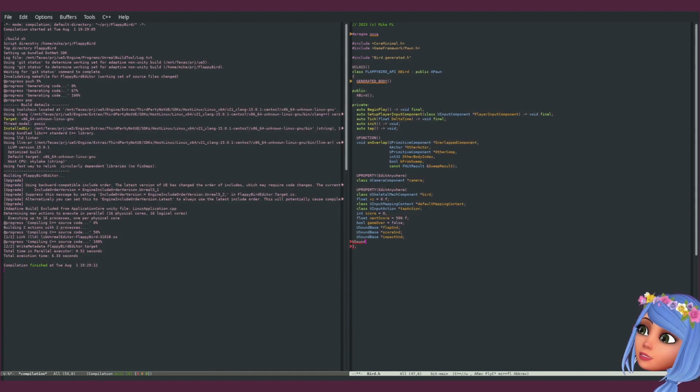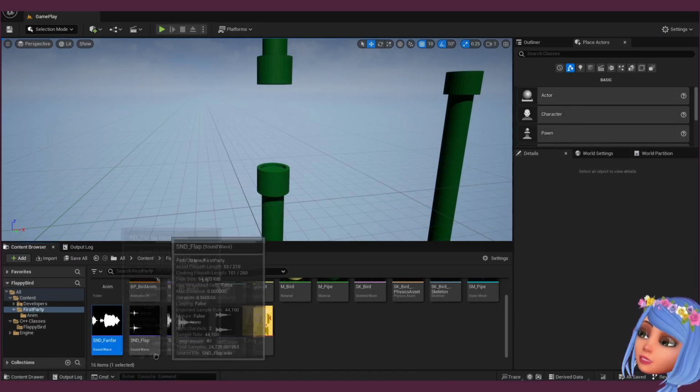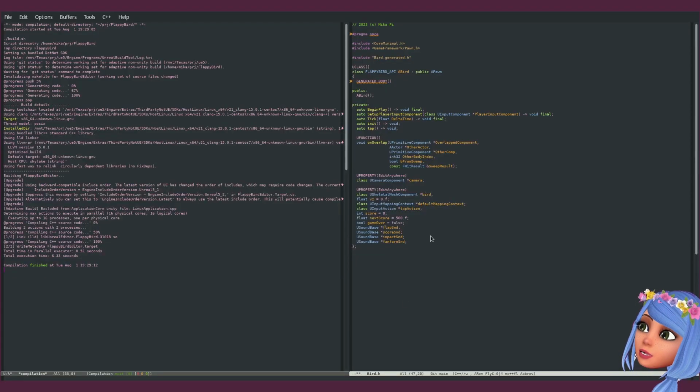Use sound base, fanfare sound. Use sound base fanfare SND. It's missing an E. Okay.